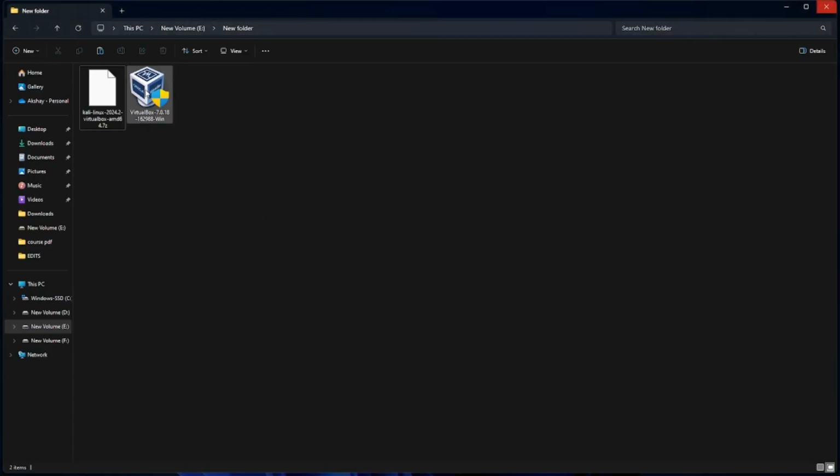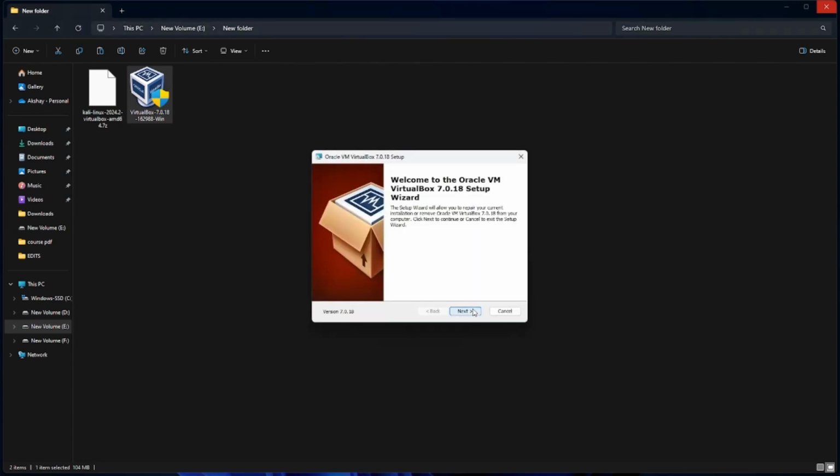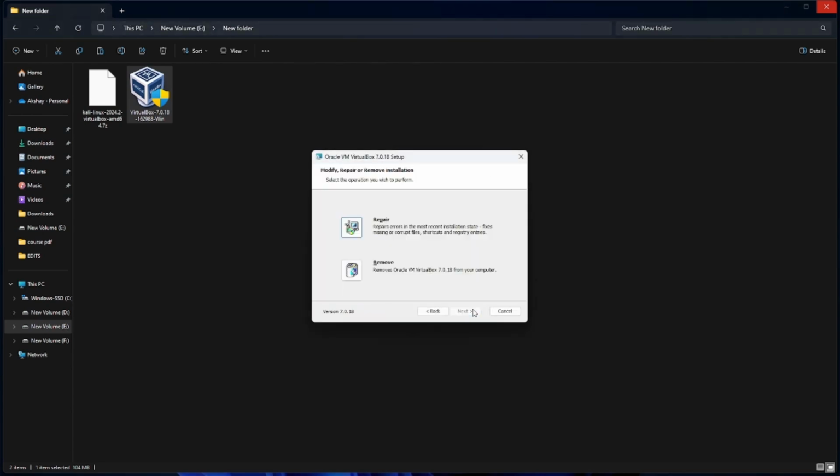VirtualBox, which you already downloaded, double click that. There you can see an option. Click yes, and press next. I already installed VirtualBox, so I'm not repeating those steps. You can click next in all the steps and finally you can see the finish button. You have to install VirtualBox in that manner. After that,